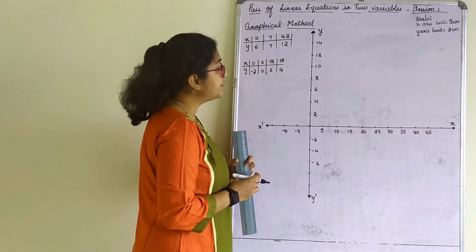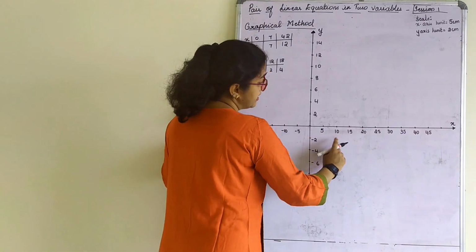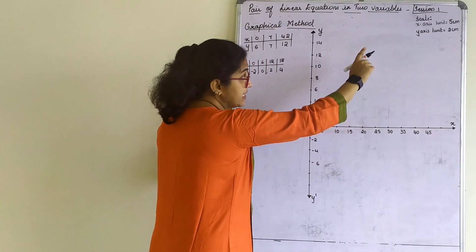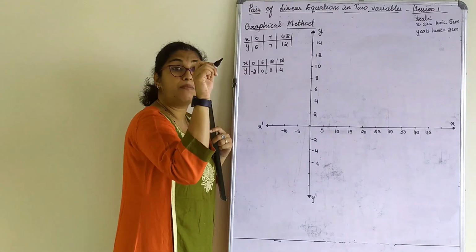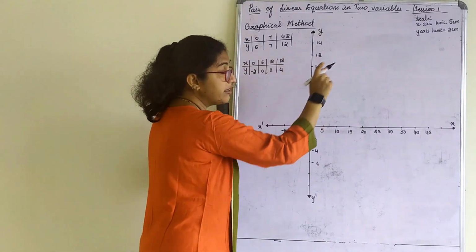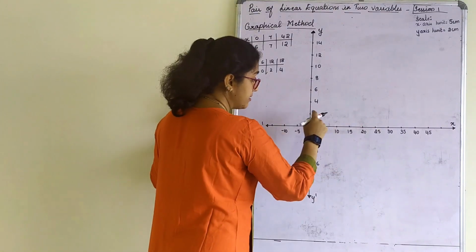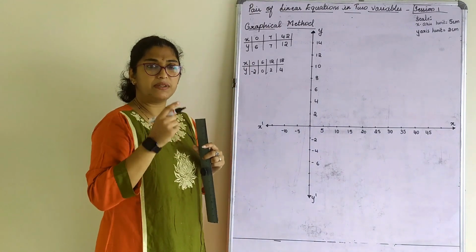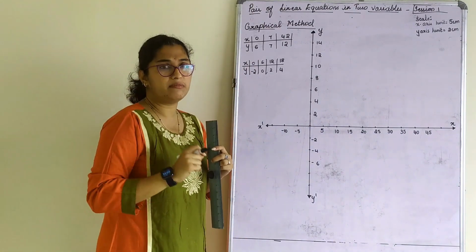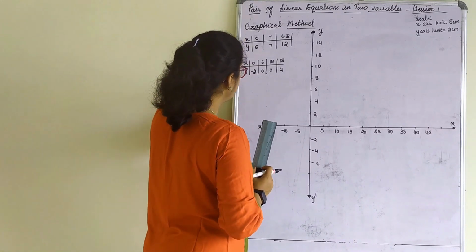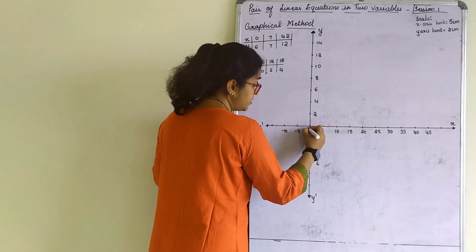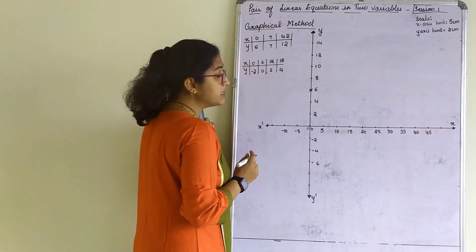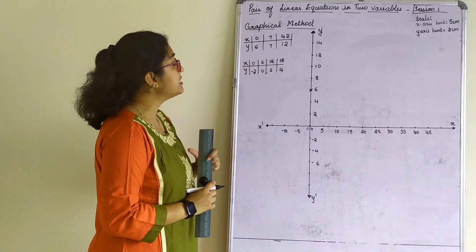Now, for plotting the first part, first of all, on the x-axis I have chosen the scale as 5, 10, 15, 20, 25. So on the x-axis, one unit is nothing but one box in the graph. One unit is 5 centimeter, right? On the y-axis, one unit I have taken as 2 centimeter. That means one box is a 2 centimeter scale. Let's plot it. For the first one, x is 0. This is 0, 0. Y is 6. X is 0, so y is 6.